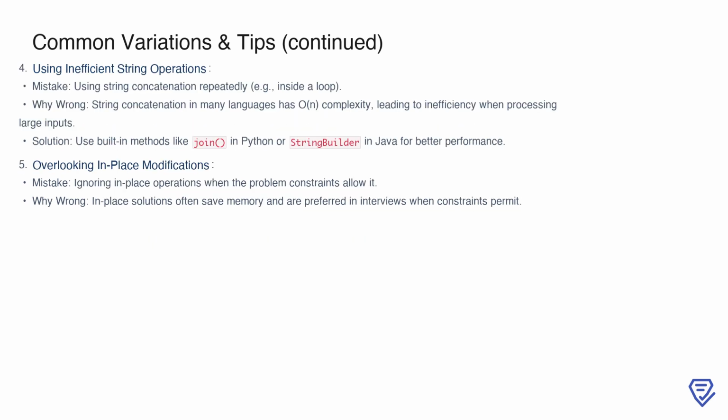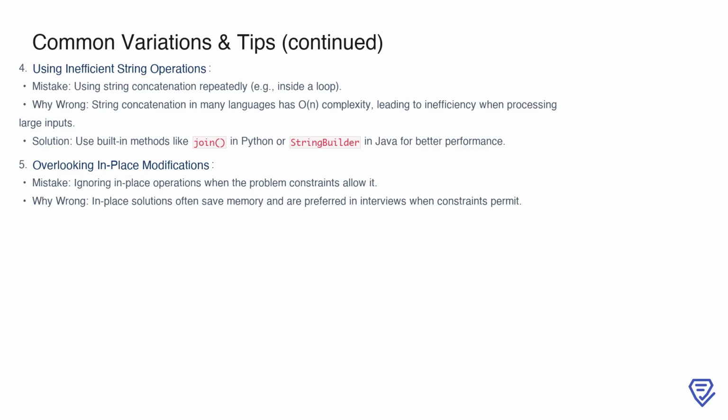Another area where mistakes often occur is in the efficiency of string operations. Using inefficient techniques, like repeatedly concatenating strings in a loop, can lead to performance issues. This is because string concatenation often has O(n) complexity in many programming languages, which can be a bottleneck for large inputs. Instead, use efficient methods like Python's join or Java's string builder. Similarly, consider in-place modifications when allowed by problem constraints. In-place solutions reduce memory usage and are generally preferred in interviews, as they demonstrate an understanding of optimizing both time